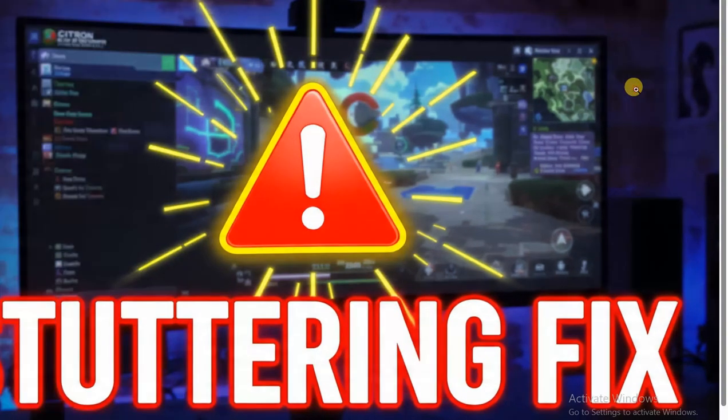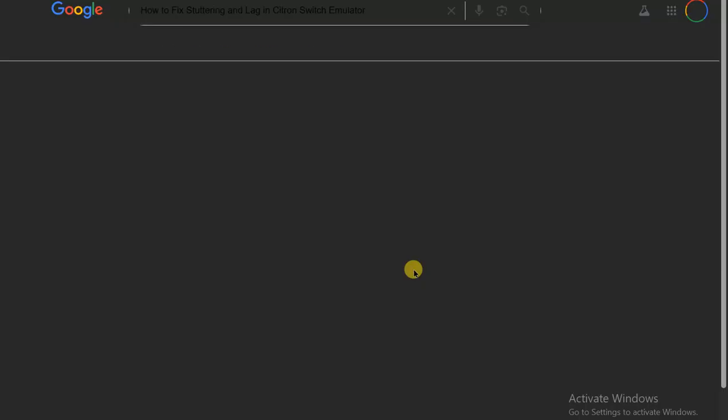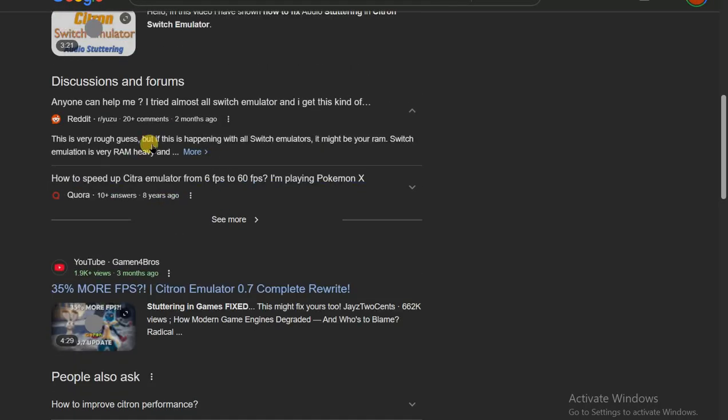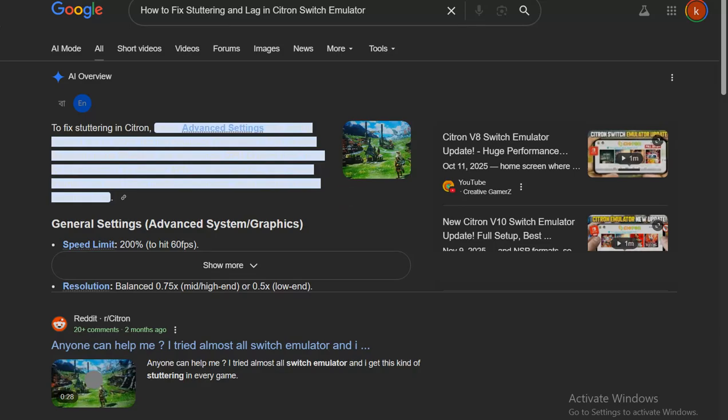To fix stuttering and lag in Citron Switch emulator. And if your games run choppy or slow, this video will solve it. Are you facing the problem where Citron Switch emulator stutters, lags, or has low frame rates even on a capable PC? This usually happens because of outdated graphics drivers, improper emulator settings, or background processes that steal resources and block